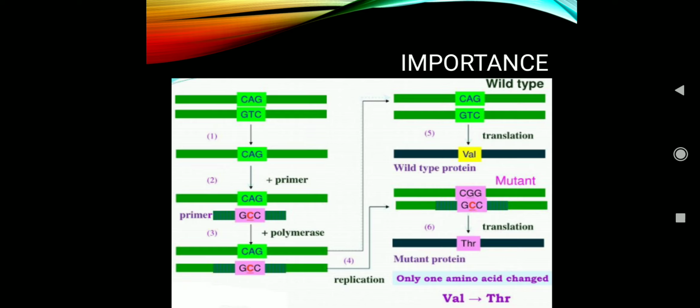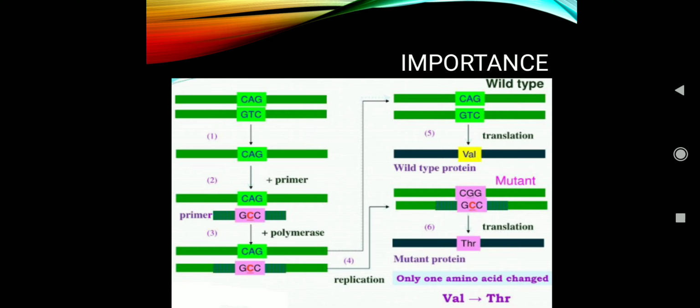If you want to study that, then you have to go for site-directed mutagenesis. In site-directed mutagenesis, a particular site is mutated so that the amino acid produced by that site is also mutated. So in a protein, if that amino acid is exchanged, changed, or removed, how is the protein going to react? How is the structure of the protein going to change, or how is the function of the protein going to be altered? To look at all this, we should carry out site-directed mutagenesis.